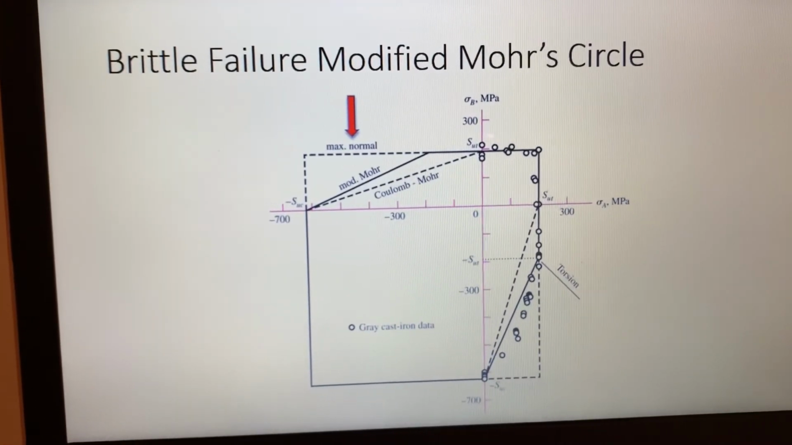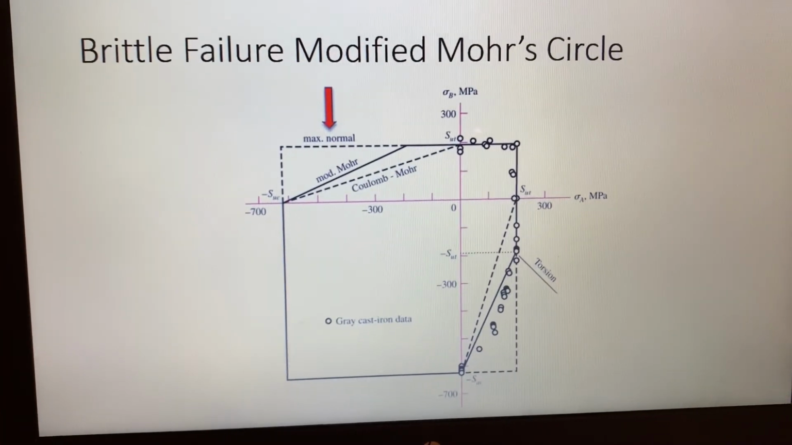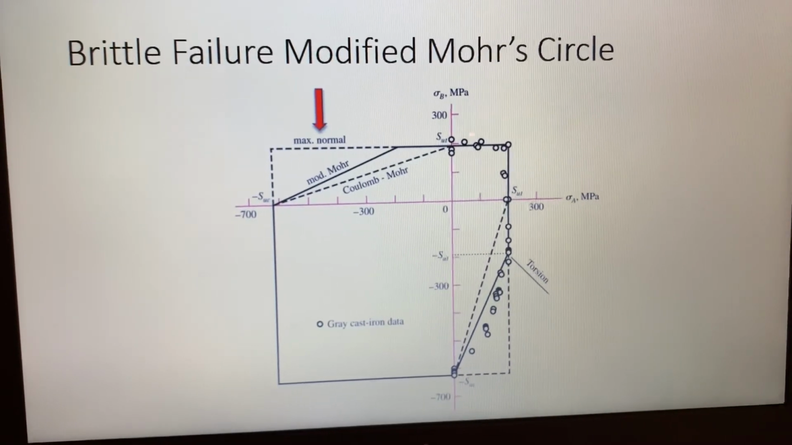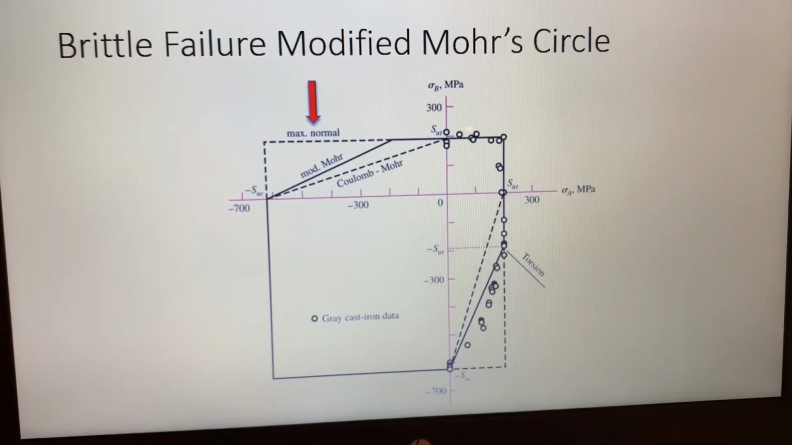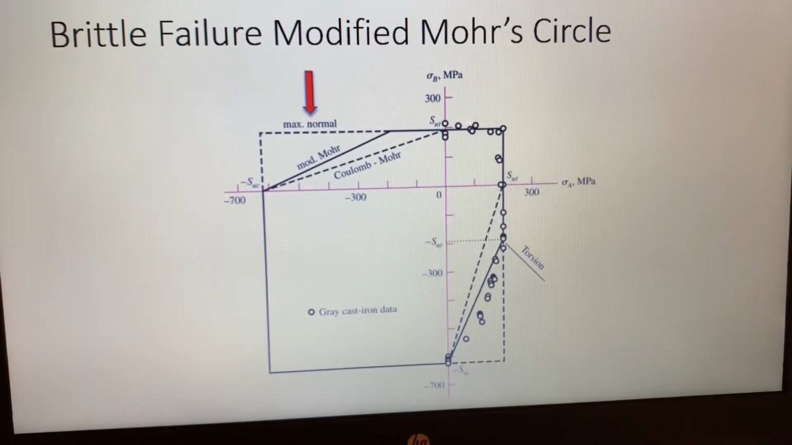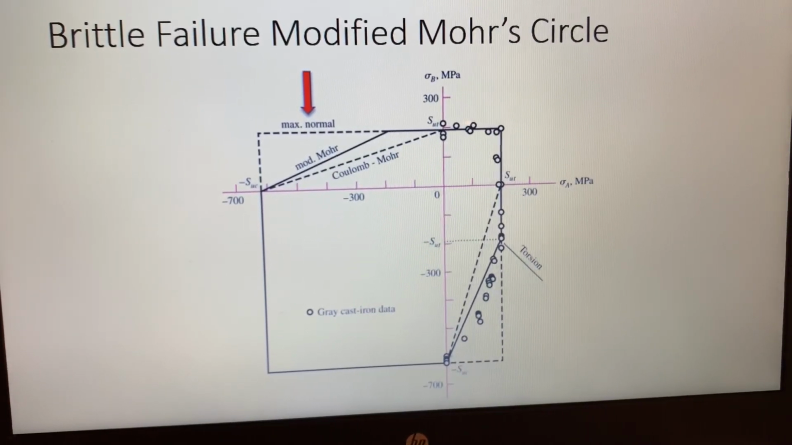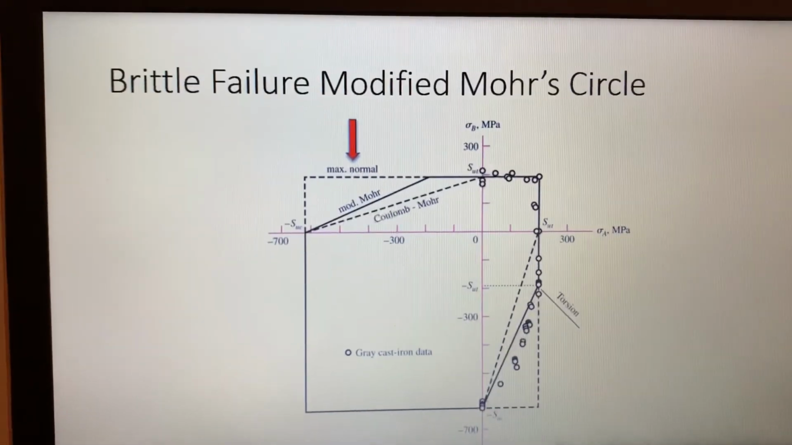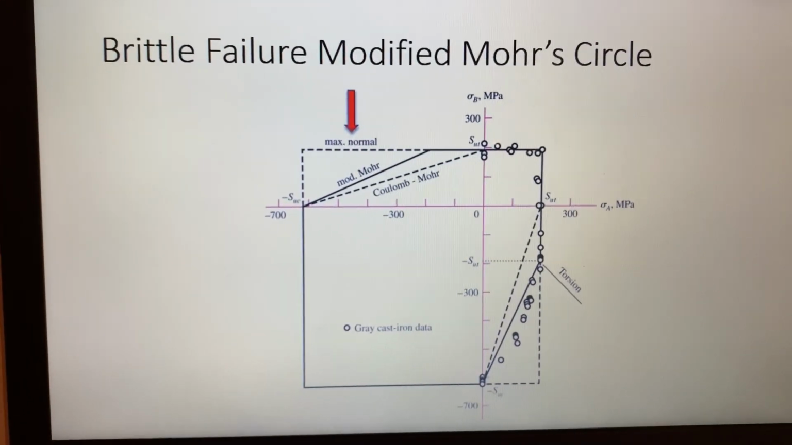Here's the brittle failure modified Mohr's circle. With brittle failure, the Mohr circle is not really a circle, clearly. Because it doesn't experience a smooth yield deformation before it fractures, it just fractures. So obviously a different